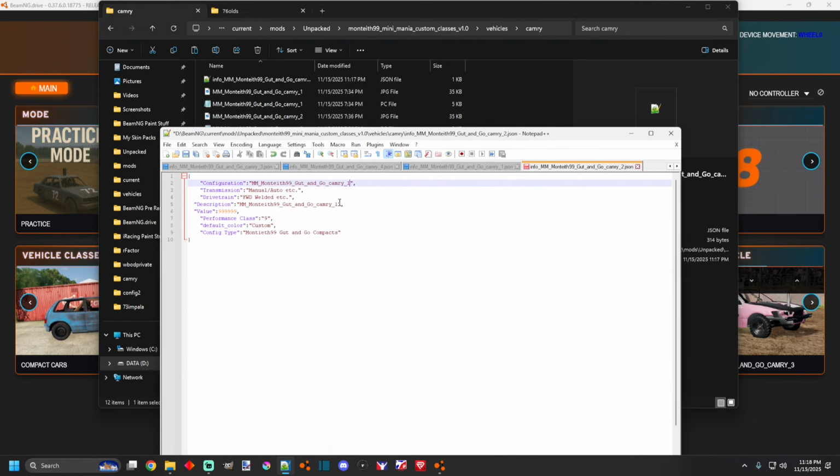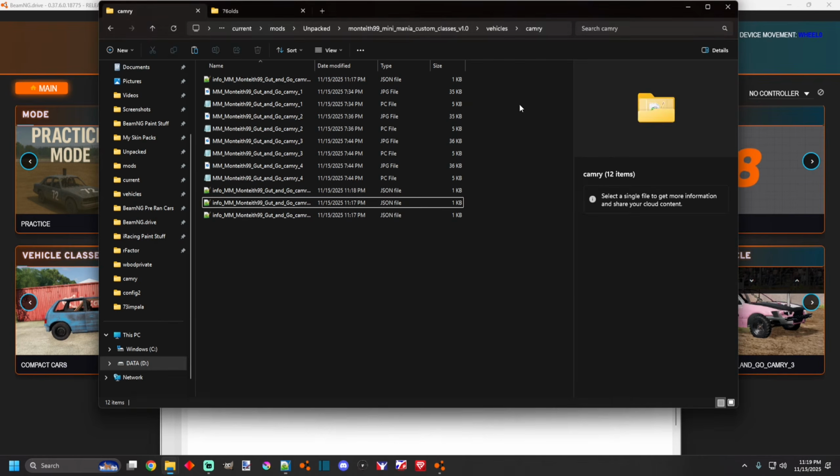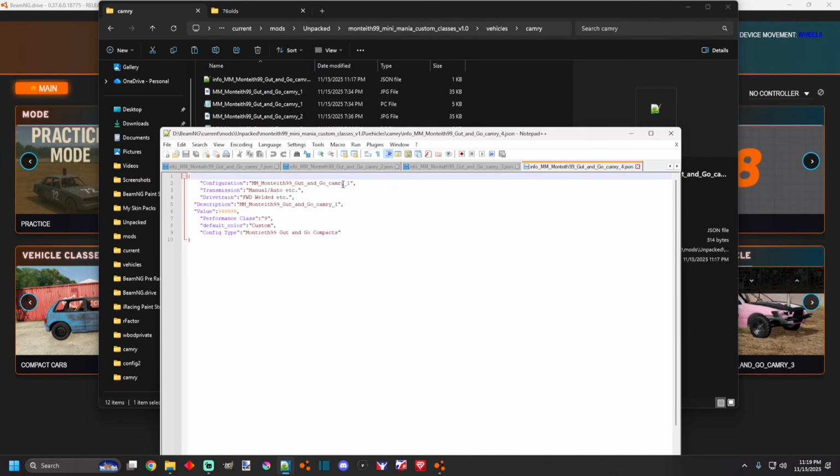Then change this to 2, 3, and 4. So yeah, it's the same exact process as RDP, except you just name it MM at the start there,